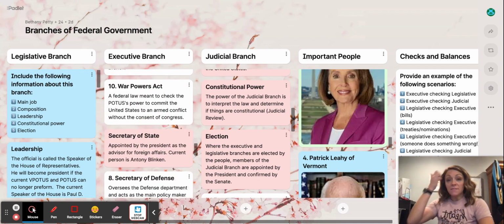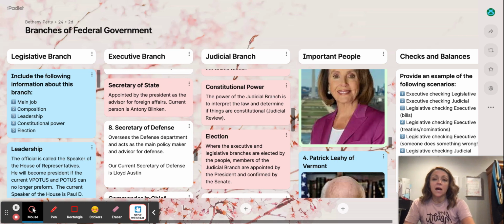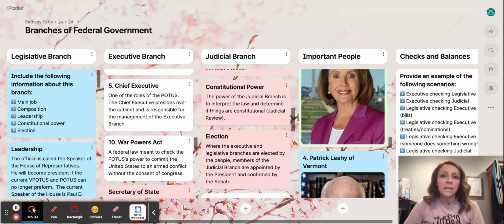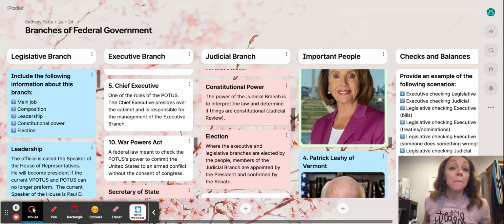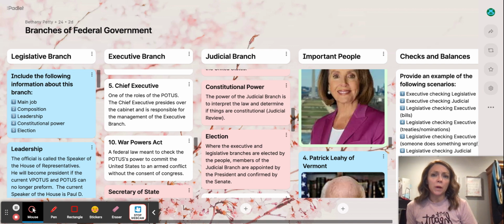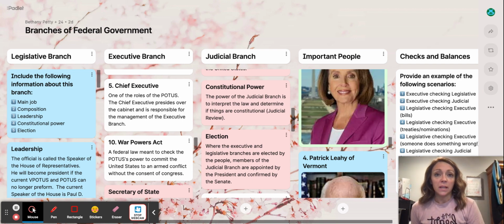Next, we've got the Secretary of State and the Secretary of Defense. And then I believe the Attorney General is on here as well. Yes. So those are the top three positions in the cabinet. Okay. And they are also part of the line of succession. And this is something we're going to talk a lot more about next semester. But the line of succession is basically the list of people who are going to become president in the event of a catastrophe where the president is either incapacitated, unable to serve, or heaven forbid, deceased.